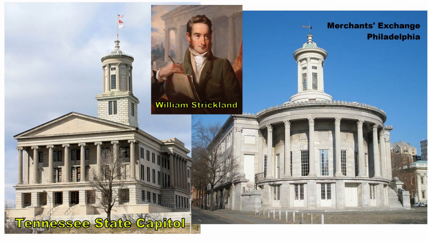On the left we see the Tennessee State Capitol building, on the right the Merchants Exchange in Philadelphia. Keen-eyed people might notice the link to the United Grand Lodge of England building. But the architect of both of these, William Strickland, was a very important, very influential person who also designed some significant Masonic temples as well. And he's one of these historic architects who have